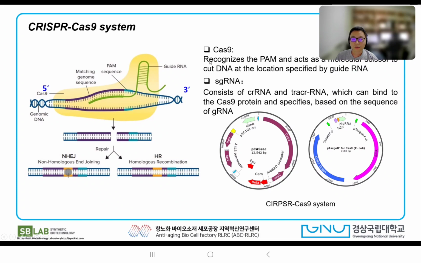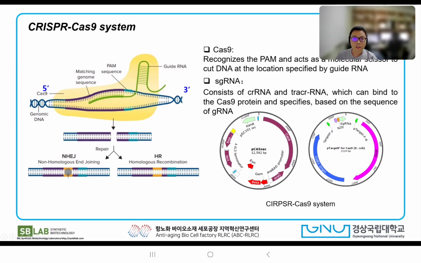It's a CRISPR-associated endonuclease that can recognize the PAM and act as a molecular scissor to cut DNA at the location specified by guide RNA. The second part is sgRNA. It consists of CRISPR RNA and trans-acting RNA, which can bind to the Cas9 protein and